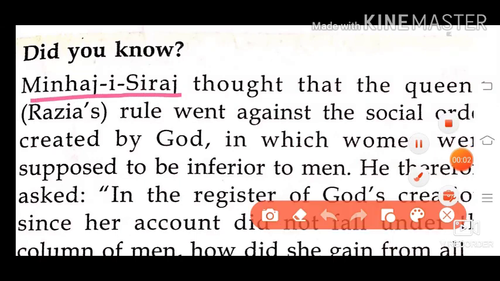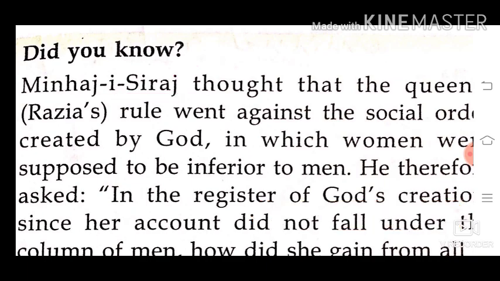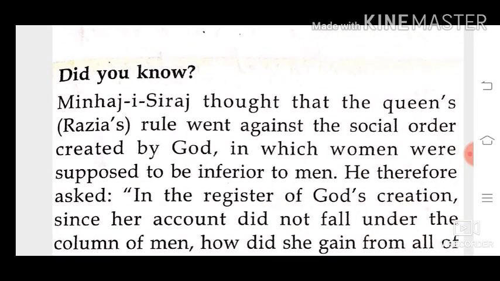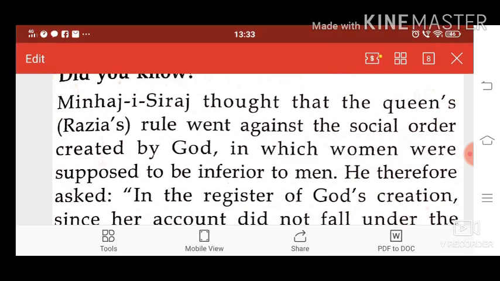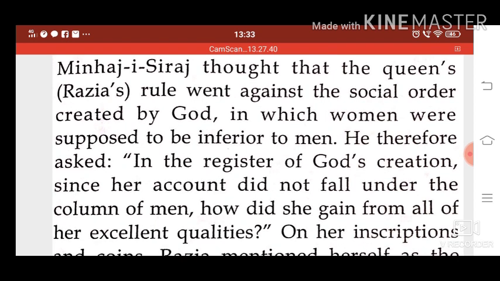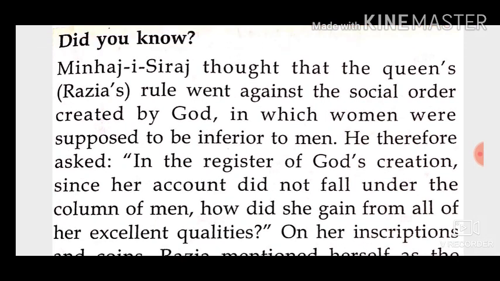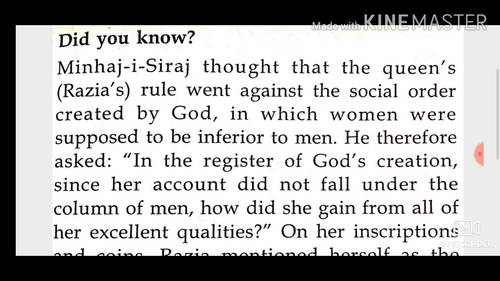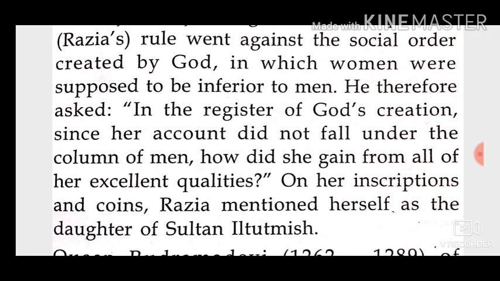Students, Minhaj Siraj. You must remember in chapter 1 we studied about Minhaj Siraj. Who was Minhaj Siraj? He was a historian. Now what did he comment on Razia Sultan? Minhaj Siraj thought that Queen Razia's rule went against the social order created by God, in which women were supposed to be inferior to men. He therefore asked that in the register of God's creation, since her account did not fall under the column of men, how did she gain from all